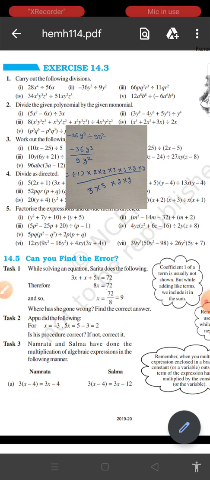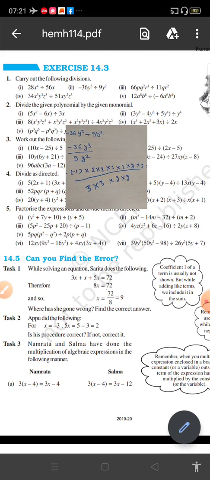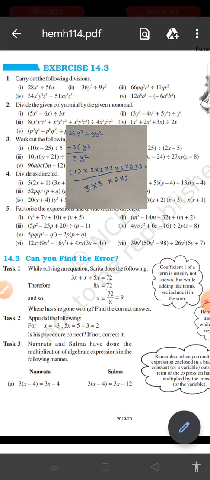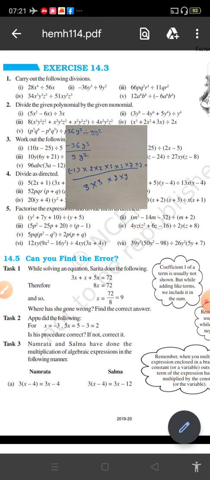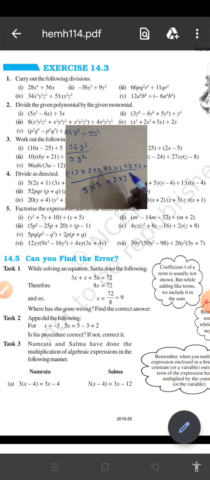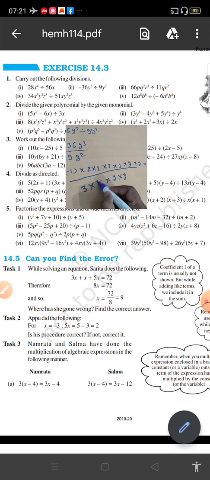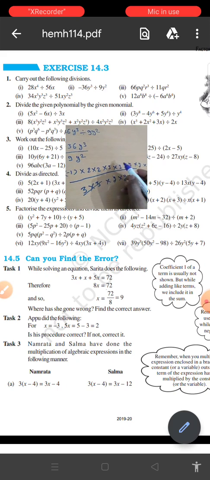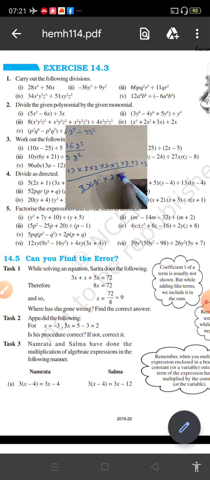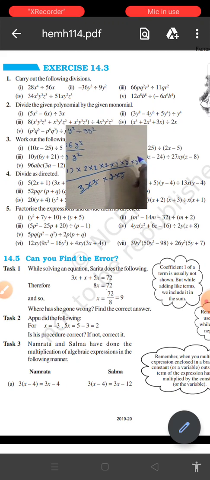So students, I hope all of you understood, and you find what is the common factor between them, and you can find the required result. What is the quotient of this question? So let's see. You can see 3 into 3 is common here, and 3 into 3 is also common here. Y into y is cancelled.